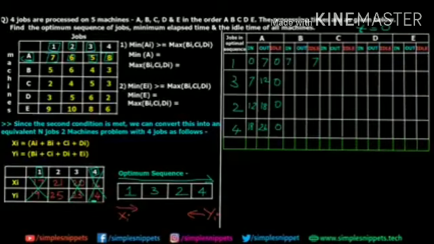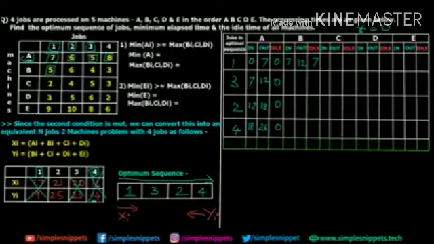Now the out time depends upon how long machine B processes job 1. So you have to again look at the table. So for job 1 on B, it takes 5 minutes. So 7 plus 5 is going to be 12. Now at the 12th minute, machine B has finished processing job 1. So it is waiting for job 3.